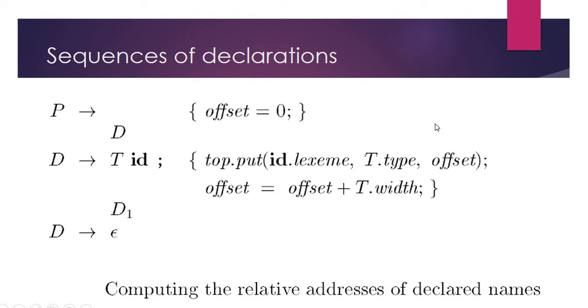The symbol table is presently maintained for the present environment. We are not using any structure yet, assume like that. So in that case, top.put: the environment values are stored in the stack, so from the stack where the top pointer is pointing to, in that symbol table we will find and put the identifier along with the data type and the offset value into it. Then if it is int a, how much width will we increment? We will increment the width by 4. So offset equal to offset plus 4. Similarly, if float is used, it will be incremented by 8 bytes.